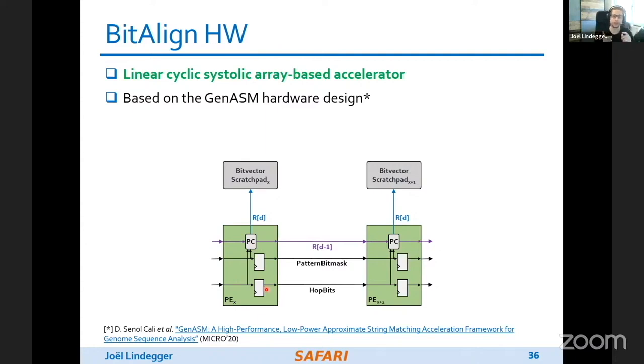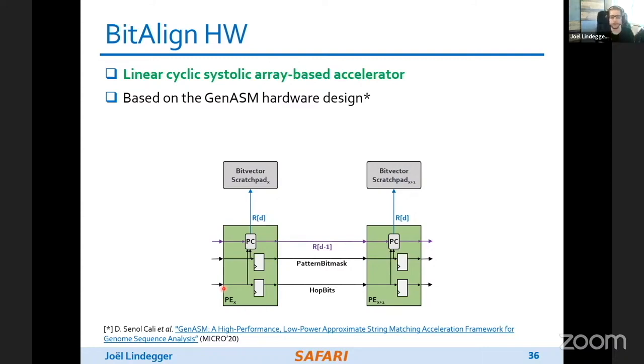The key point here is that this works really efficiently, and it works as long as the data that you need is always the data from your direct neighbor, to your left in this case, right? So if this guy only needs data that this guy just worked on in the last cycle, all is fine and dandy. It works highly efficiently. It's great. This works for sequence-to-sequence alignment, but in sequence-to-graph alignment, recall in the table that I showed earlier